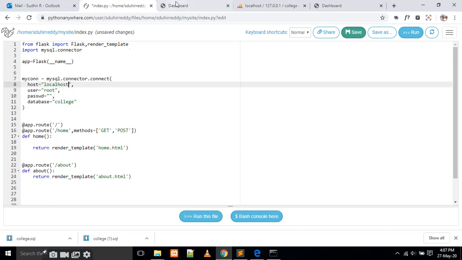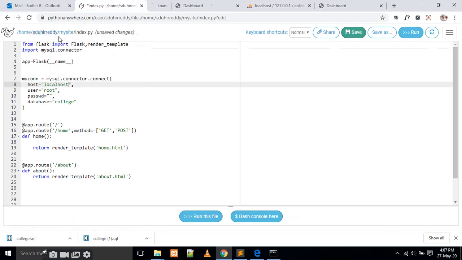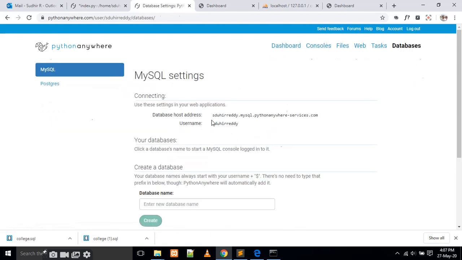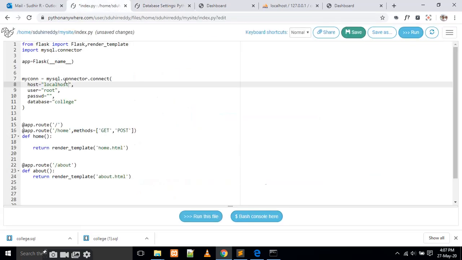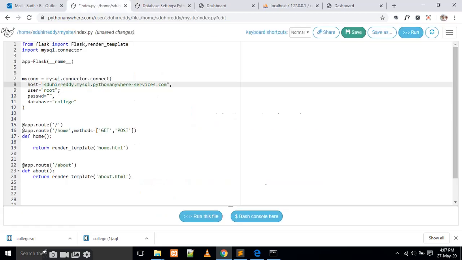This is not localhost. What is the host? I will tell you. Here in the databases, if you click on the databases, this is the host name. Instead of localhost, we have to place this one, and instead of username, this is my username. And the password is what we entered when we were creating the database, Siva1234, I think.